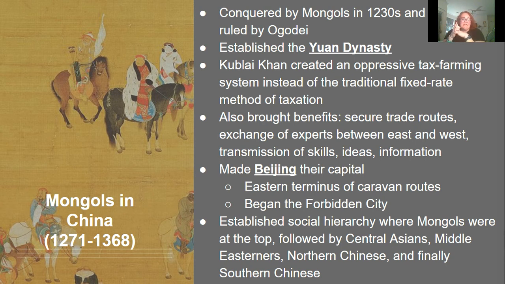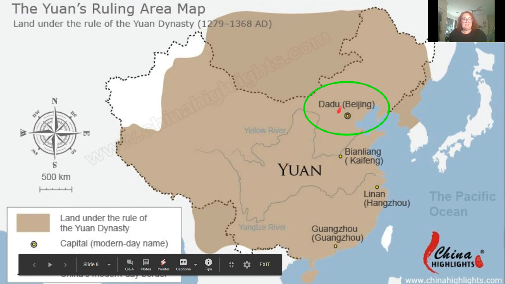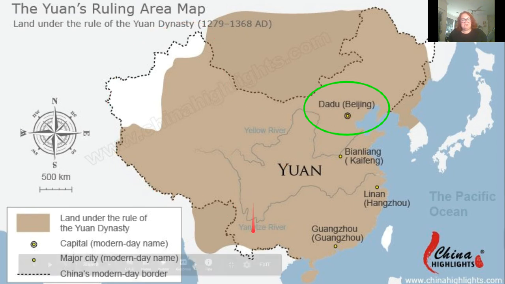One of the things that Kublai Khan and the Yuan dynasty did is that they made Beijing their capital. So this was the eastern terminus of a lot of the caravan routes on the Silk Roads. And Kublai Khan created the Forbidden Palace that would eventually become the Forbidden City. And what the Yuan dynasty really did that would have a lasting impact on China in particular would be the establishment of a social hierarchy where Mongols were at the top. So this is where we start to see this bureaucratic system being put in place. At the top it was the Mongols, then you had Central Asians, Middle Easterners, Northern Chinese, and then finally